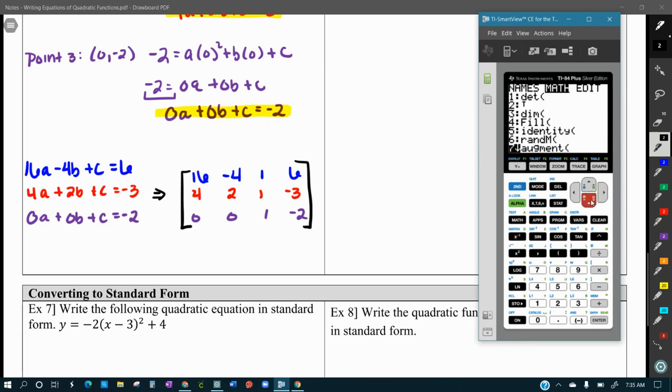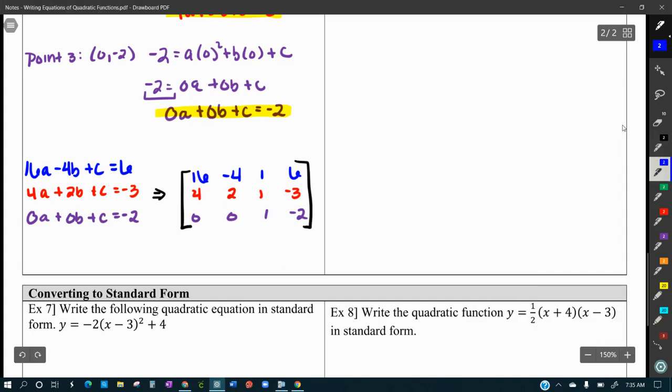We want to go all the way down to RREF. Enter. And we're going to choose the matrix that we put this in. So second matrix and choose letter A. And press enter. So what this matrix solved is telling us is that the A value